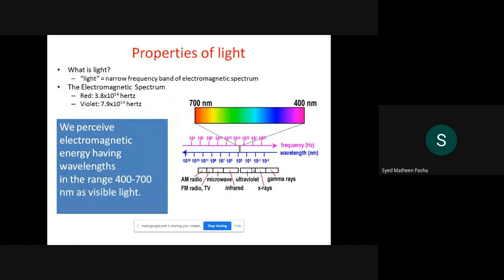Then properties of light. Can someone tell what is light? To be simpler for all, what is light? I'm asking the class, can someone tell what is light? Everyone uses light for some thing or the other. So tell me, what is light? You can define anything, it's okay.